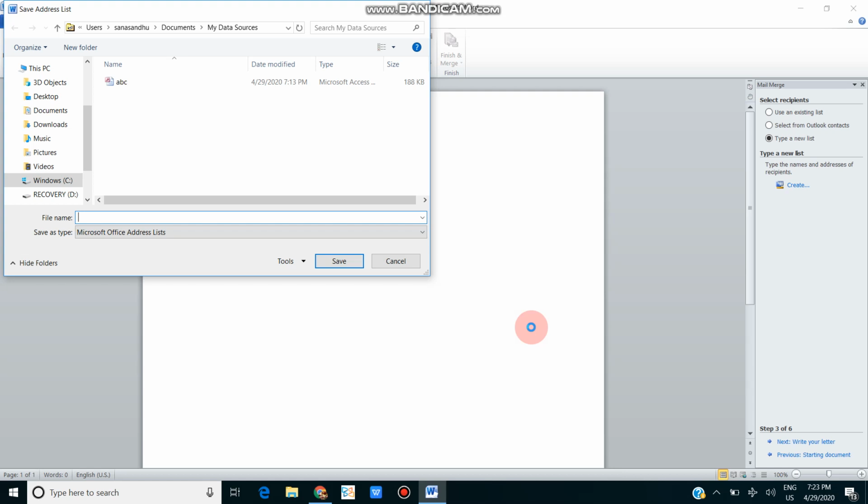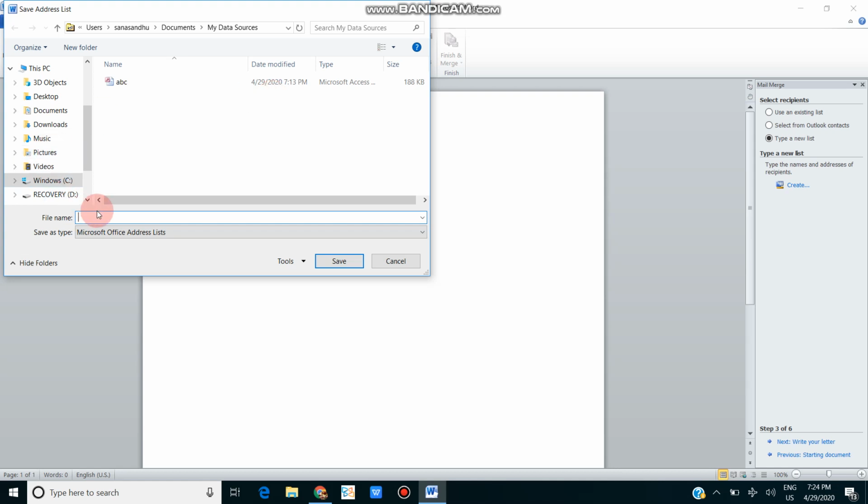Students, this is one file that I had created. In this file, whatever the content, the list of the persons to whom I want to send, that is called the data source. The list of the persons to whom I want to send the message, that is the address, is called the data source. You can see that my data source means the people to whom we want to send the content, the list which contains all the details of the person, name, address, city, whatever, that is called the data source.